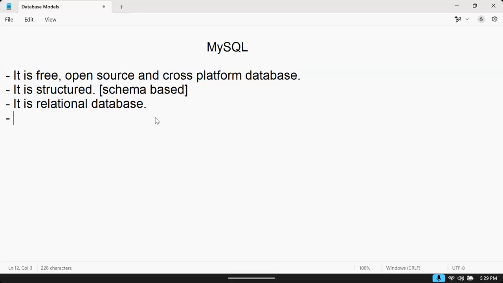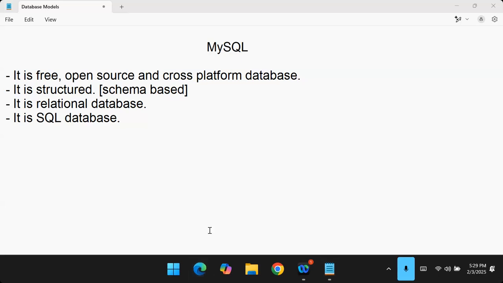Another point, it is an SQL database. So the key points: it is open source, free, structured, relational, and SQL based. Actually, MySQL officially,